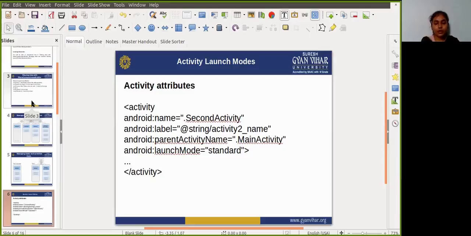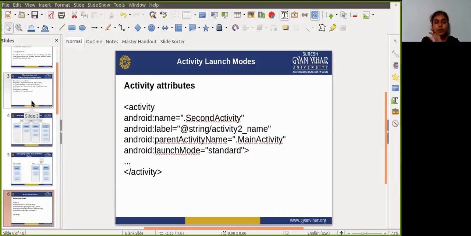So if another task already exists with an instance of the activity, the system routes the intent to that existing instance. singleInstance is the same, except that the system does not launch any other activity into the task holding the activity instance.